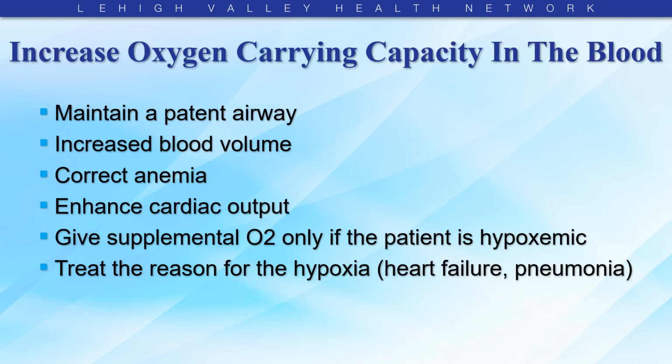So if you want to increase oxygen carrying capacity in the blood, you realize that oxygen, PaO2, is only a small portion, less than 1% of the oxygen content in the blood. You want to maintain a patent airway, make sure the patient's being ventilated, increase blood volume, correct anemia, enhance cardiac output, give O2 only if the patient is hypoxemic, not just because they have low O2 content, because it may not help. They may need more blood or a better pump of their heart,